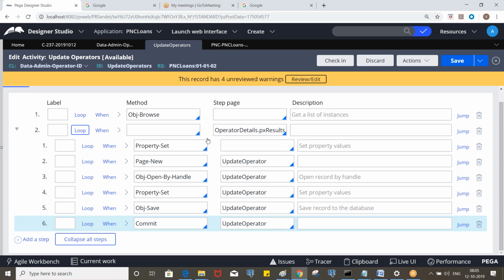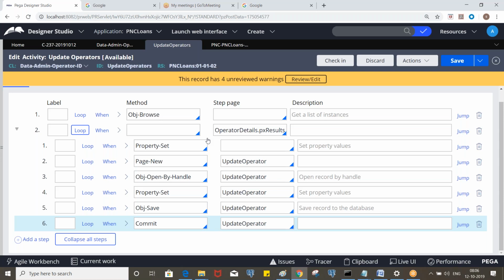If you use Obj-Open or Obj-Open-By-Handle, when you execute the activity it will update only one operator, not multiple. If there are hundreds of operators, you would need to execute the activity that many times. It should not be the case. You should be able to update all the operators at a time.